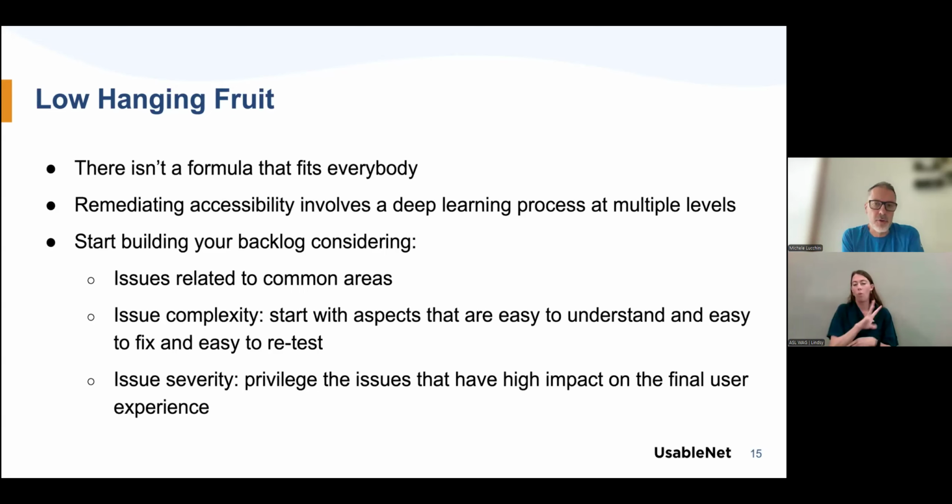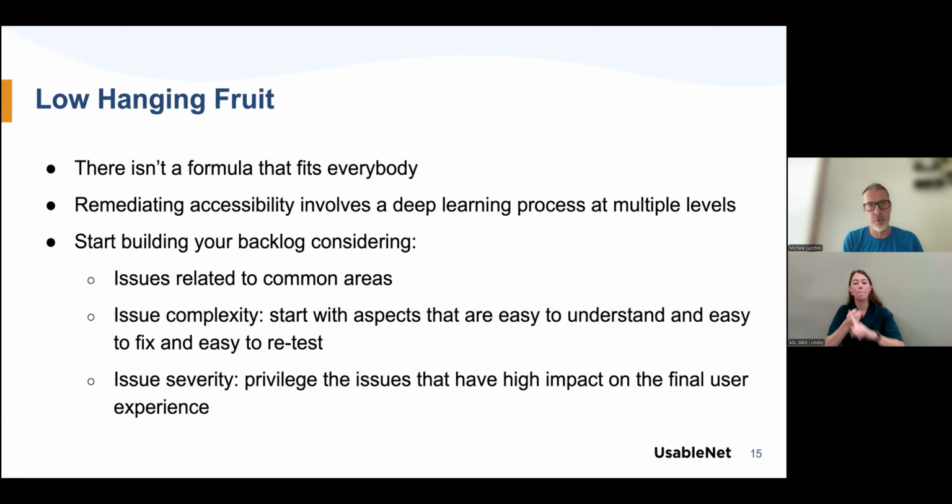Consider the issue complexity: how complex will it be for your team to remediate the issue. And this combines with the issue severity we have alluded to before, so how impactful the issue will be on the final user experience.